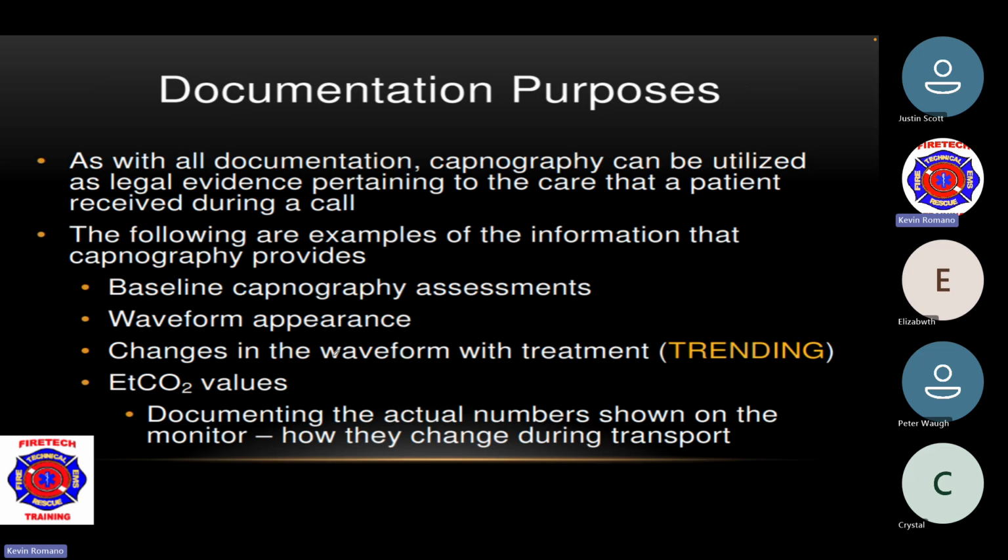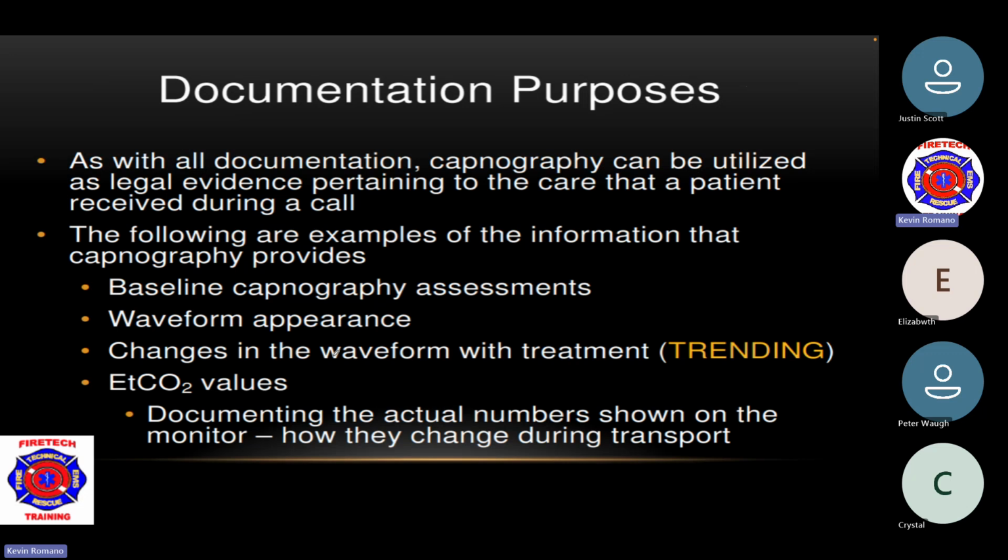If we're giving bronchodilators, if we're giving magnesium, if we're doing corticosteroids, whatever we may be doing, good CPR, it shows that our trends are there. And then end tidal values, where documentation of the actual numbers shows on the monitor and how they change during transport, because that's going to tell if our patient is in a respiratory